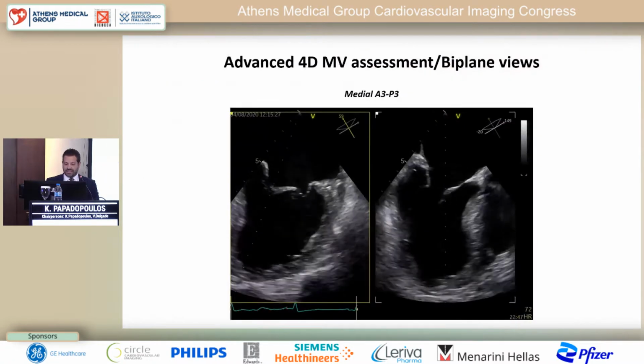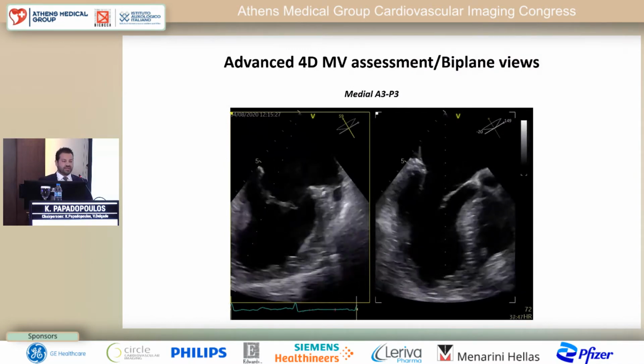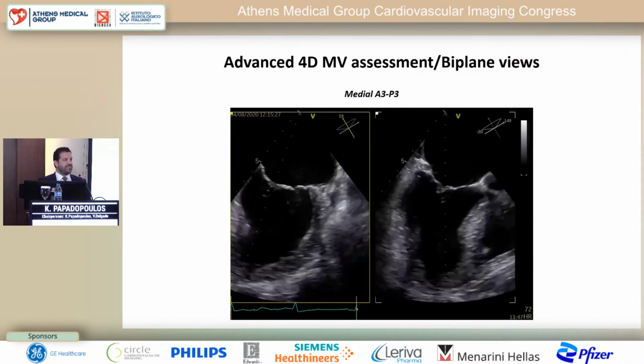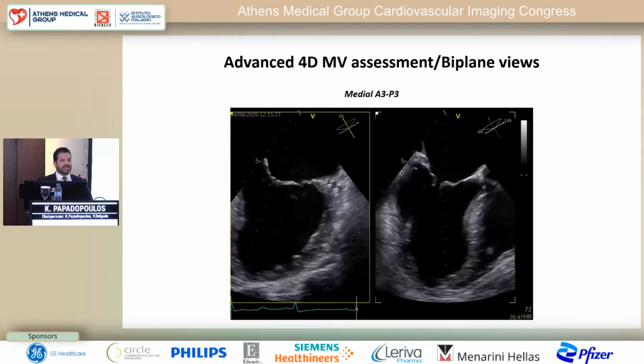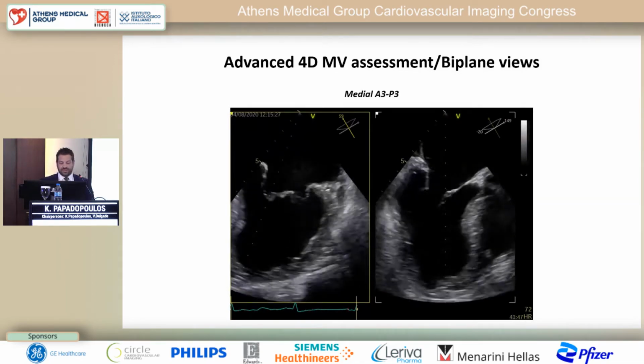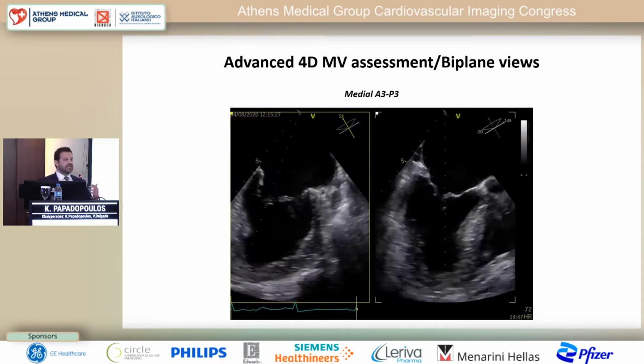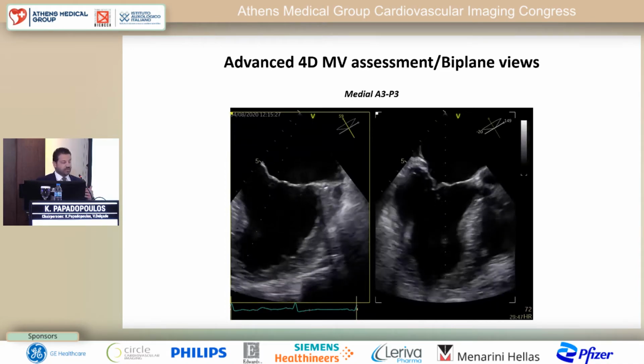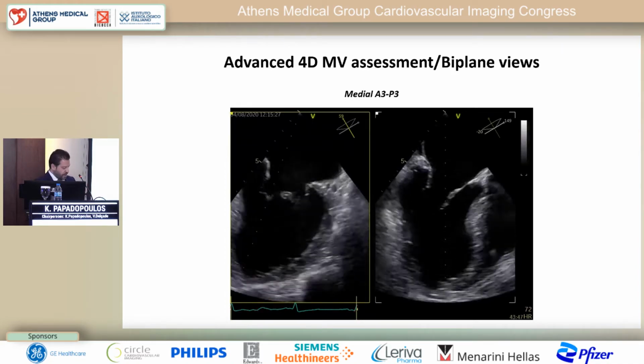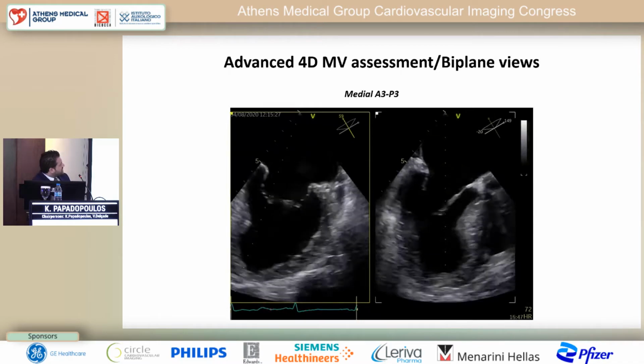and we can also use 3D in the Carpentier classification. We should never forget that the basic form of 3D echo is the biplane views of 2D images perpendicular to each other with the 3D probe. And first of all, in transesophageal echo, we need to start with a commissural view where you can see